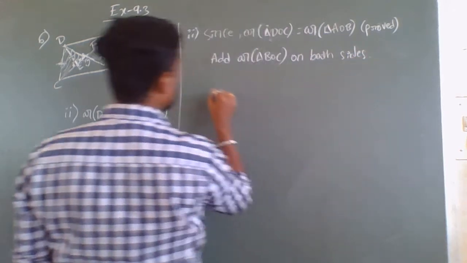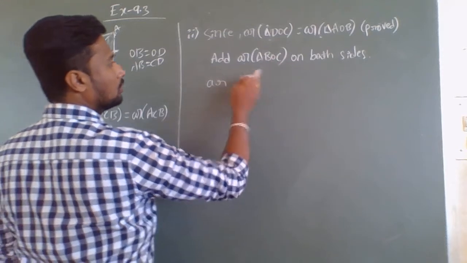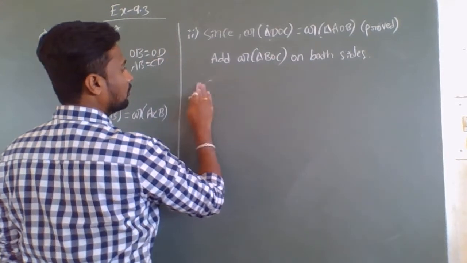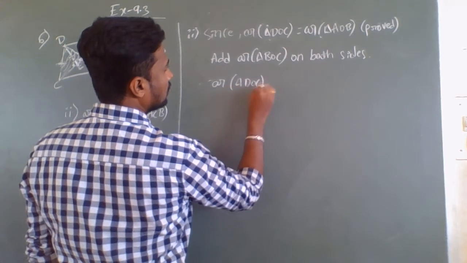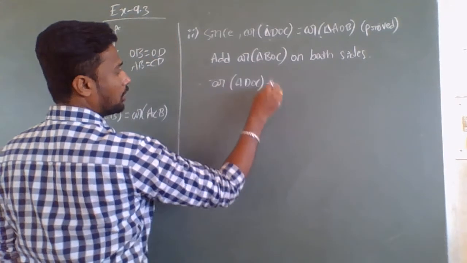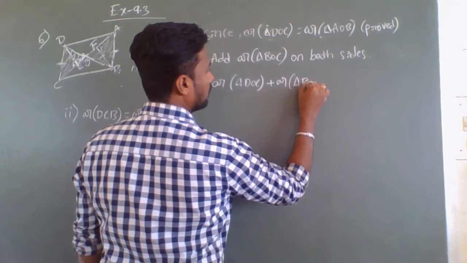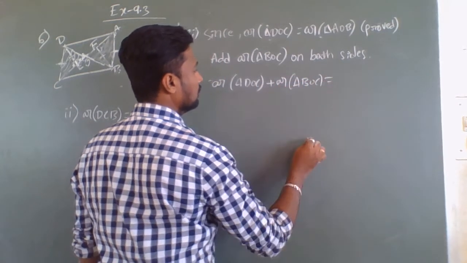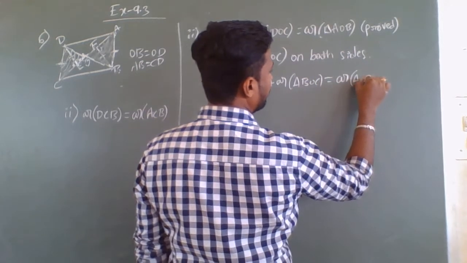So there is no change. We know that these two are equal, so we will add BOC to both sides. Area of triangle DOC plus what we are adding? Area of triangle BOC equals area of triangle AOB